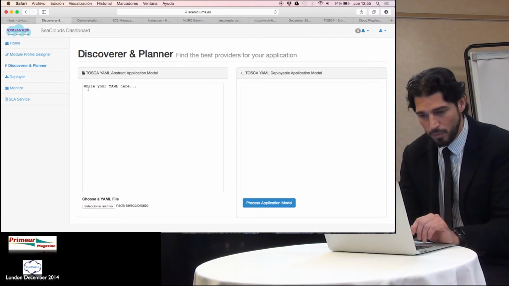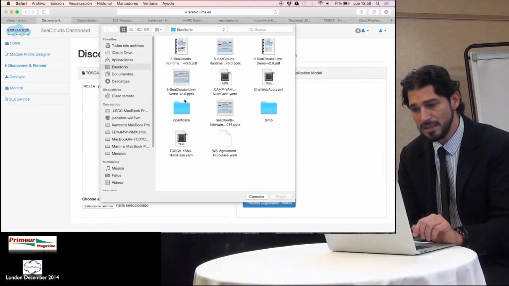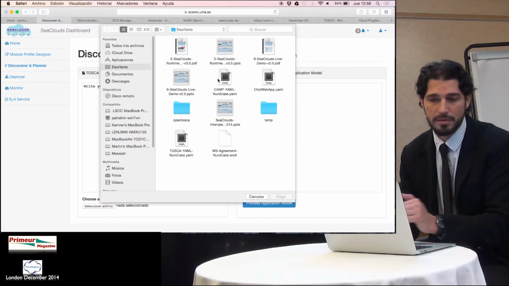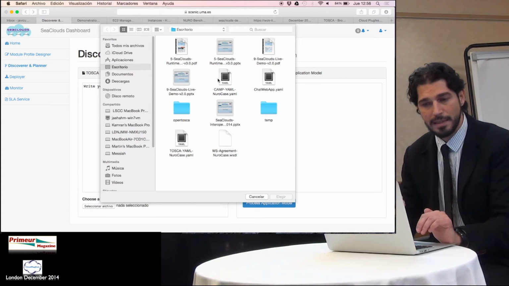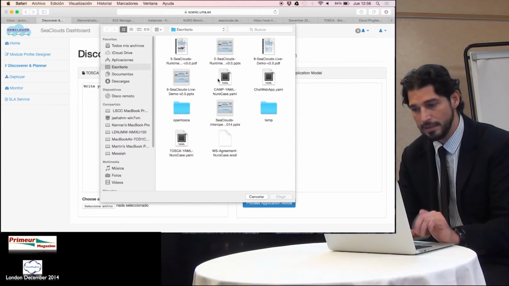So here, what we can do is select our input. Remember, this is a proof of concept, so all the components are not automatically connected. So this is for the next